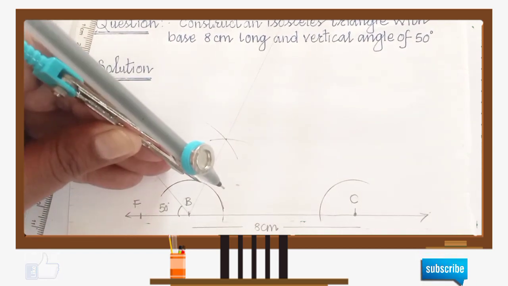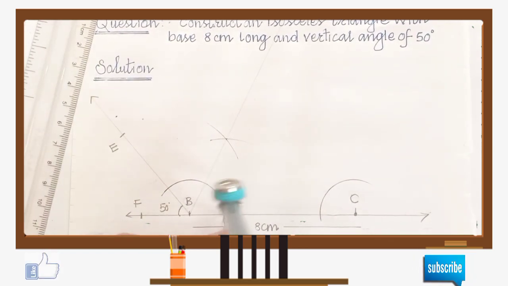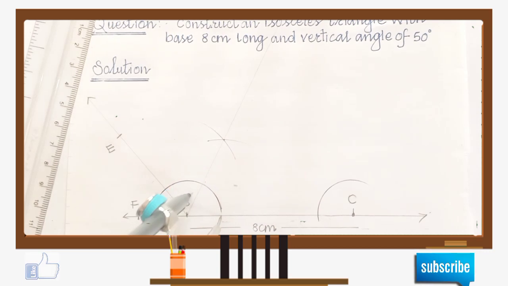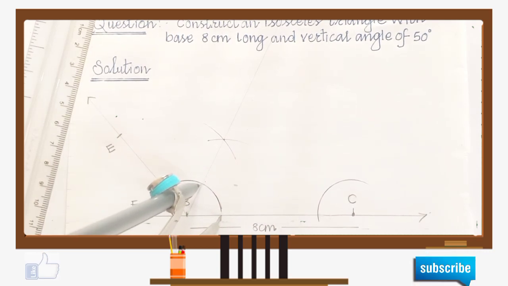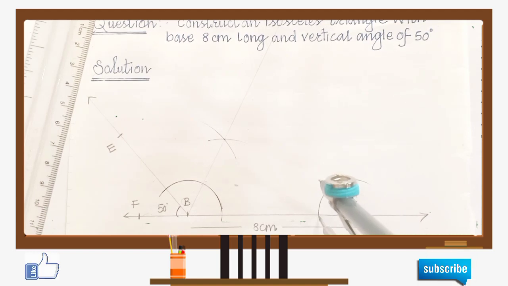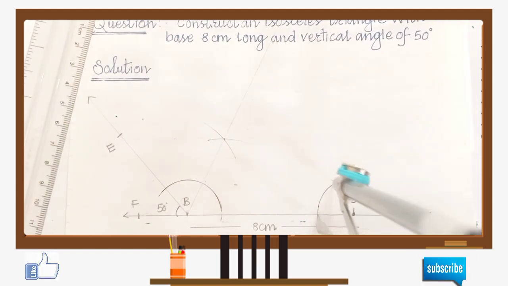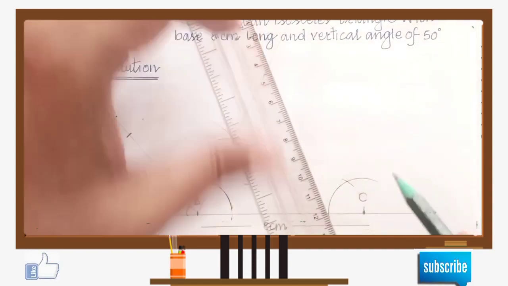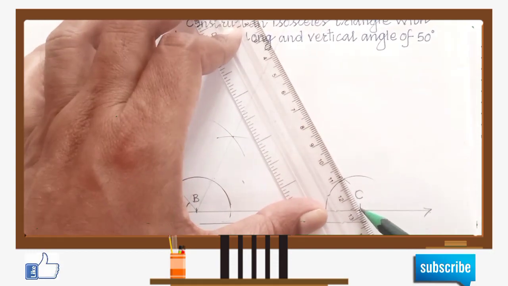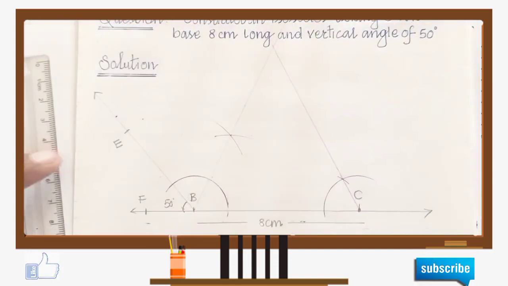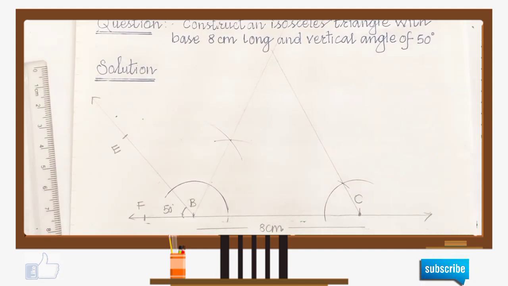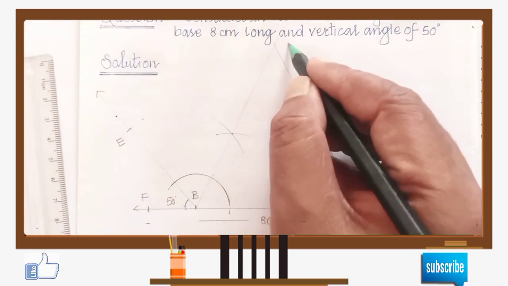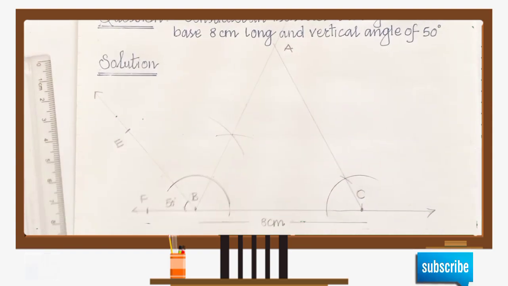By taking a distance from this, कितना डिस्टेंस लेना है हमको? ये वाला देखिए, this is the distance. ये इतना डिस्टेंस हमको लेना है. This is the distance and we have to keep the same arc of this type. Now this point and this point, you join it here. It will be our triangle ABC. Now you highlight it.